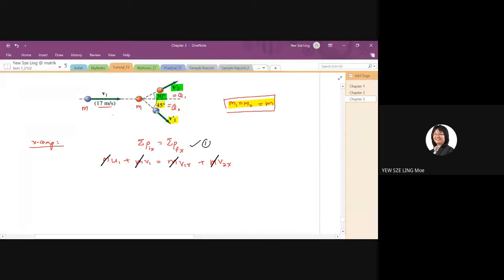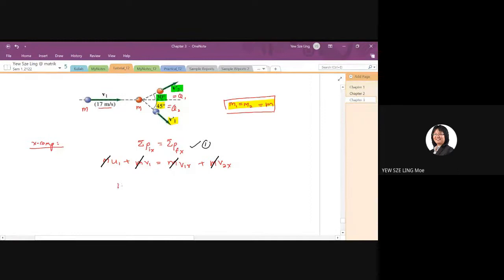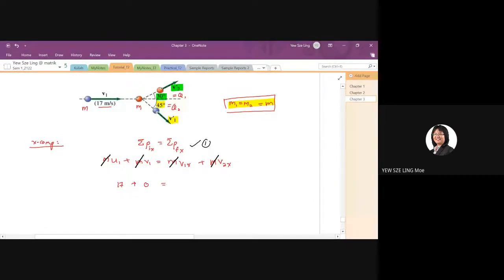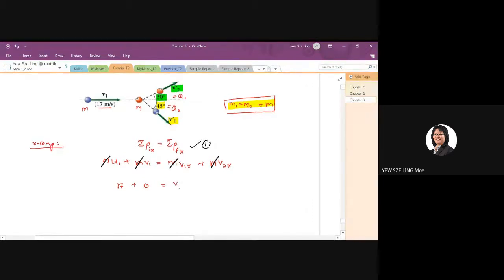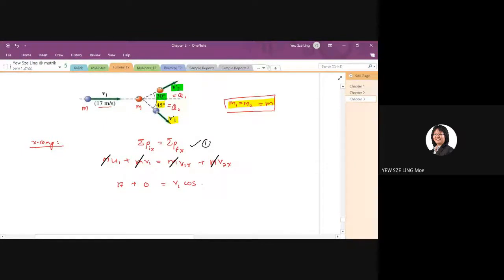Okay, and therefore the next line would be 17 meters per second plus V1, which is at rest, 0, equals to, now V1x and V2x, how am I going to calculate them? You can leave it, but if you leave it like this, it will be hard for you to solve the questions. So what am I going to do now? I want to expand the value. V1x is V1 cos 30 degree, V1 cos 30 degree plus